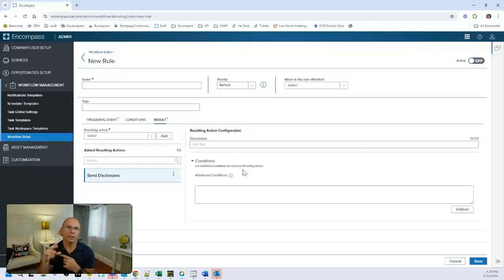So if there's anything I can ever do to help explain how that was done and have you leverage Encompass Native to have your loan officers safely produce initial disclosures, or if you truly want to automate these initial disclosures, let me know, reach out to me directly.